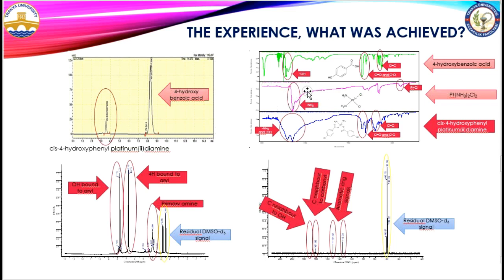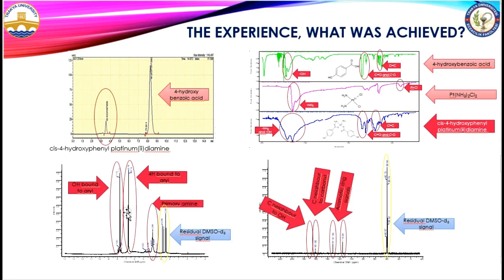The amino group of cisplatin and hydroxy group of 4-hydroxybenzoic acid overlapped at that region in the novel compound. Also, carbonyl signals of 4-hydroxybenzoic acid were observed in this region, and carbon-carbon double bonds of the aromatic ring in this region shifted to here in the novel compound. The platinum chloride signal was not detected in the novel compound since chloride is displaced with 4-hydroxybenzoic